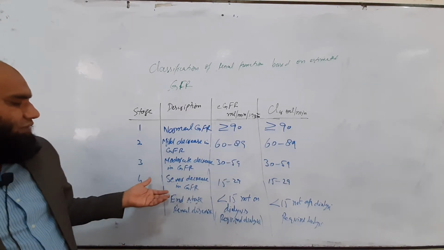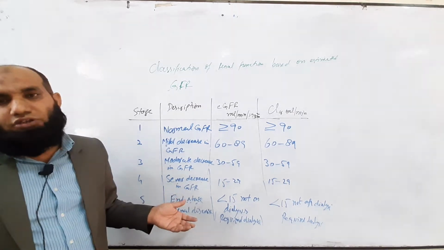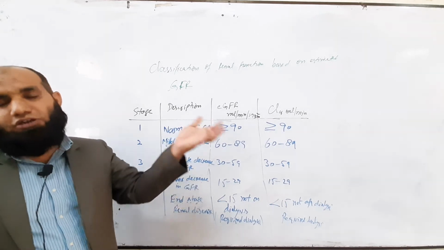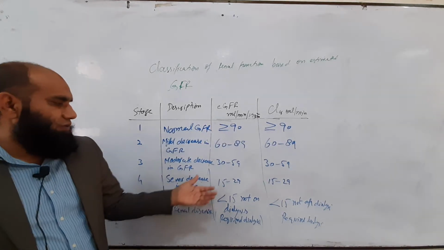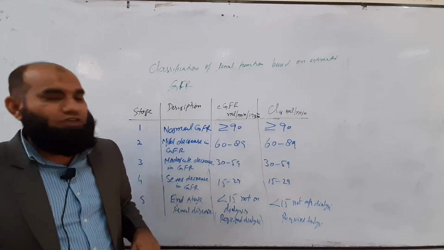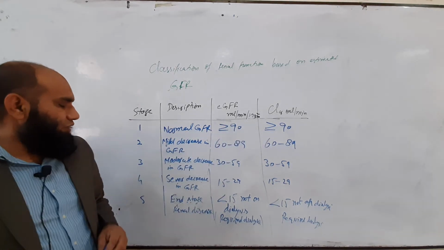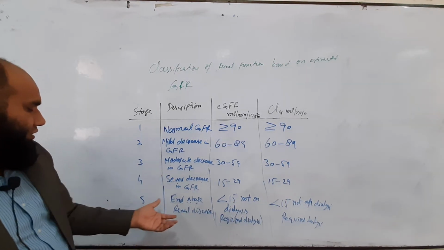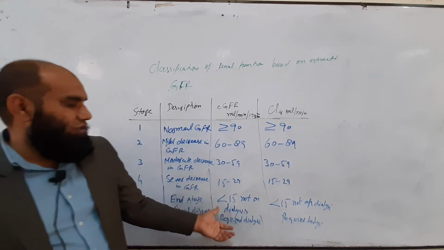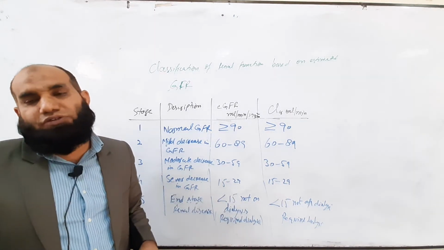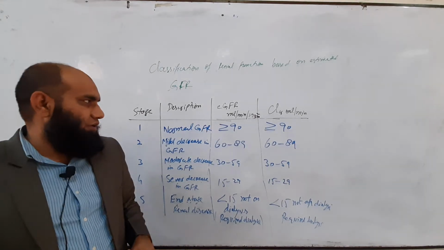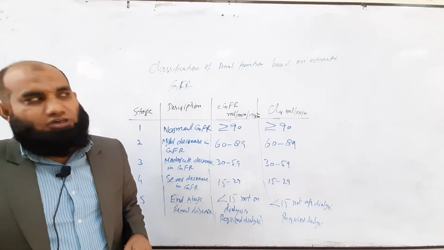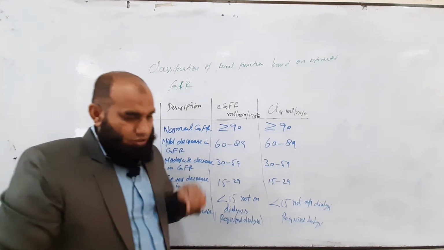But when we are moving toward the severe decrease in GFR, the value of eGFR, estimated glomerular filtration rate, is 15 to 29, and for creatinine clearance, it's also 15 to 29. But when we are at the severe condition, that is end stage renal kidney disease, stage 5, the concentration of creatinine and the eGFR is less than 15, and the patient should be on dialysis so that the function of the body can be assumed in the normal way.